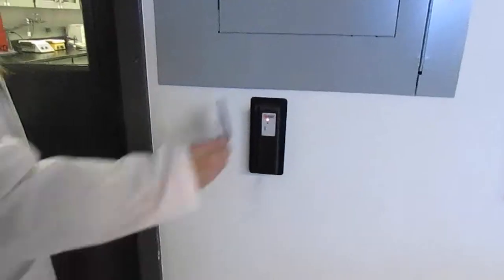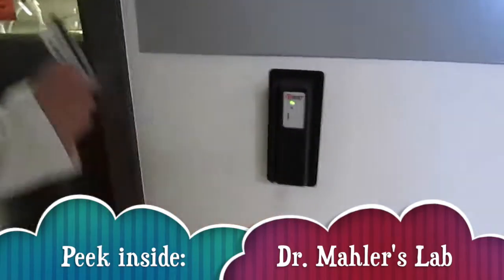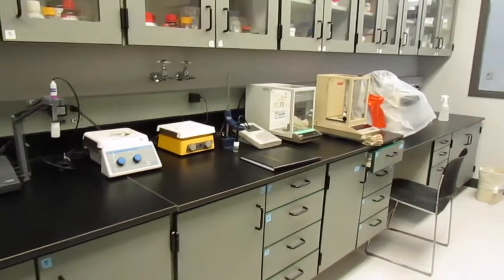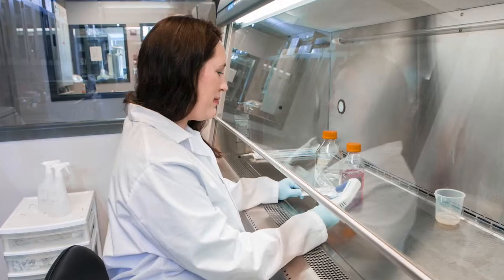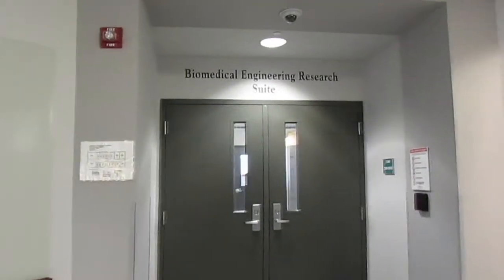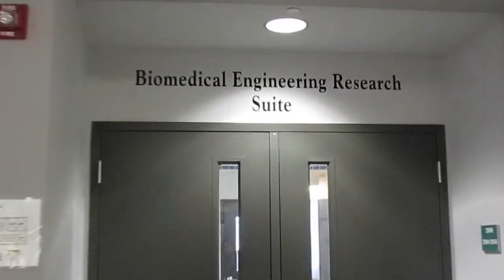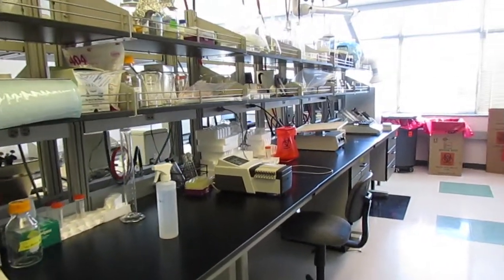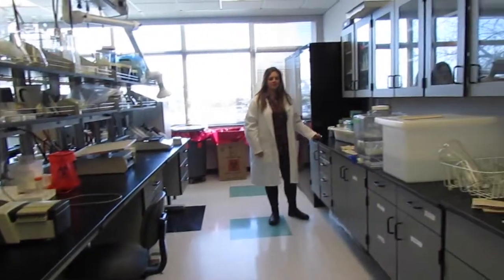So two projects that are active in the lab. The first is working on a model of the GI tract. So again, we're working with human cell cultures and we're developing these 3D dynamic models. And what I'm trying to understand is how common additives in food change the way that our gut functions. So specifically, I've been looking at nanoparticles, which are actually a really common food additive, and how it changes how